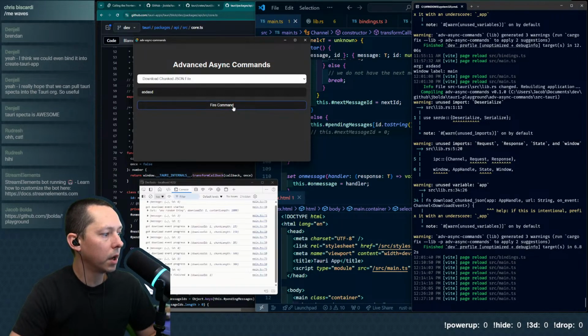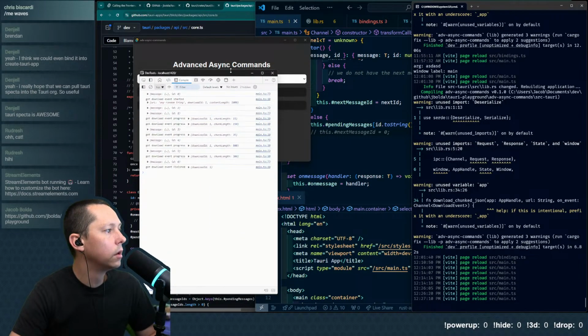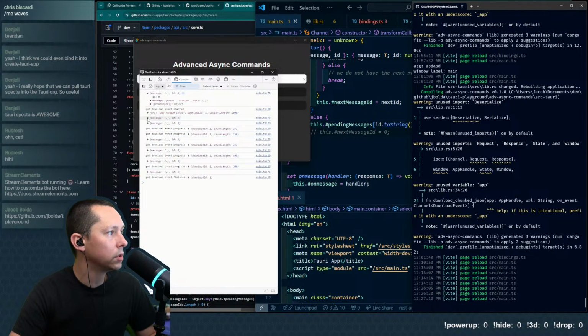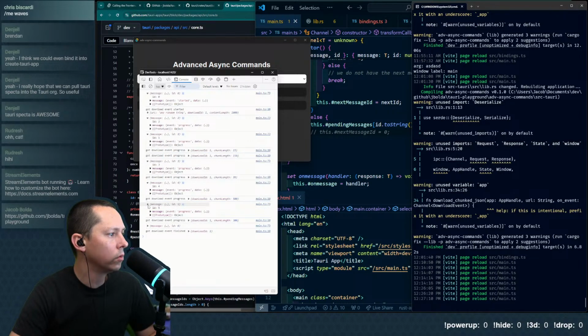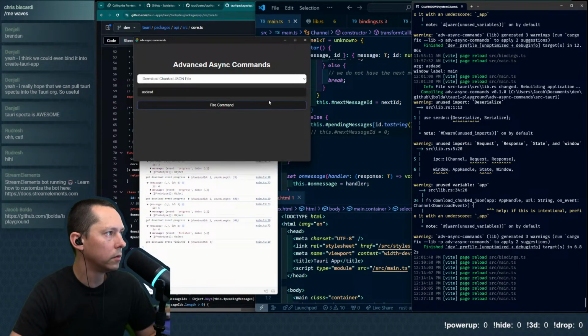So we're going to fire off a command. We got the message IDs. So you can see here we got message IDs 0, 2, 1. Oh, that logging order is a little bit weird. I don't think it means that they're coming in odd order, but that is curious.